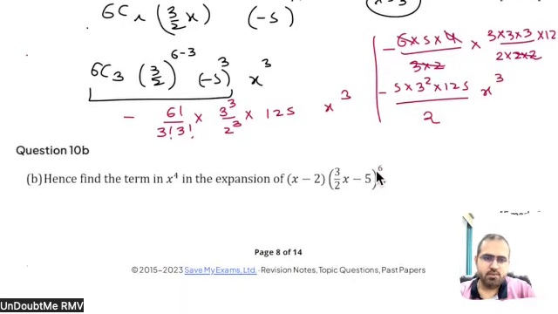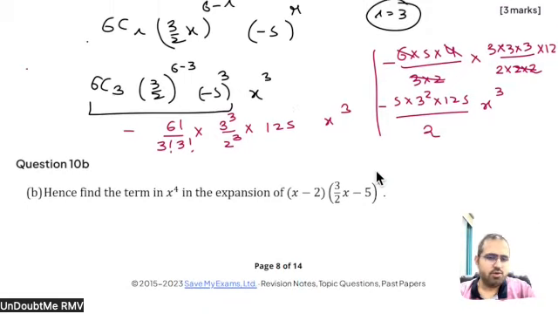Hence, find the term in x to the power 4 in the expansion. We already have x cube. So what we need to do? It's like the same question only, like same answer. We need to just write the term of x to the power 4. So when this will be multiplied,